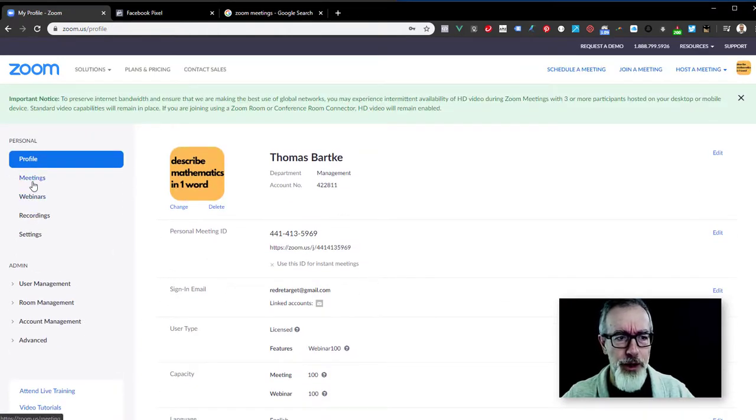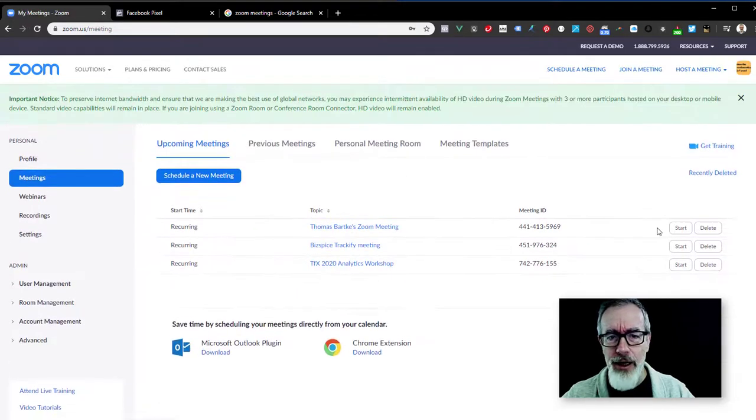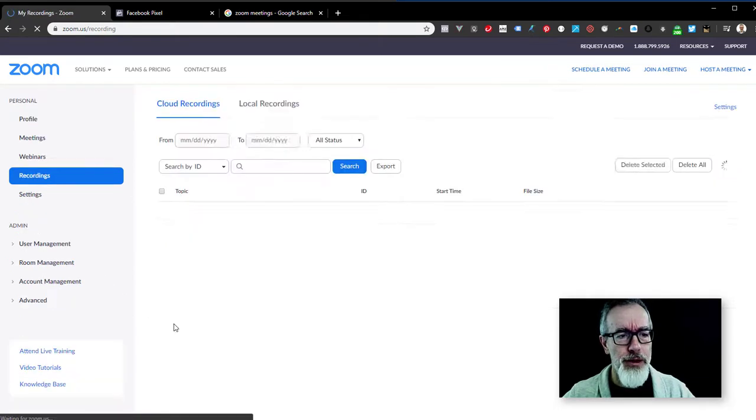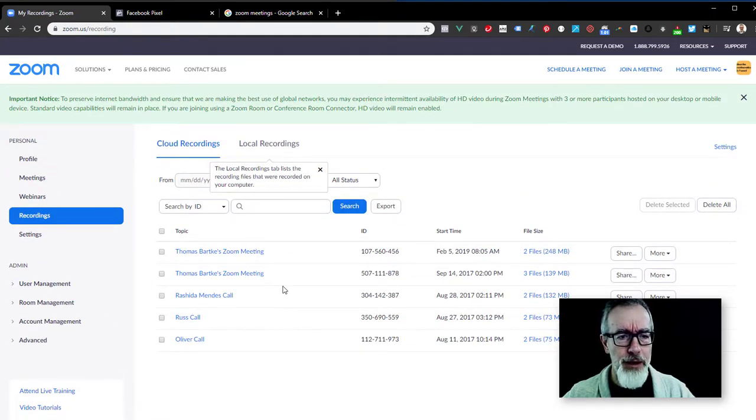So here, the profile, you can manage your meetings, you can have recurring meetings that you have scheduled with meeting IDs that stay the same. And again, these features may just be part of the pro account. I'm not quite sure if your account level will have that available, where you can schedule and leave open specific meeting IDs for certain meetings that you have recurring over time. And then you can configure the recordings, which is something pretty interesting,